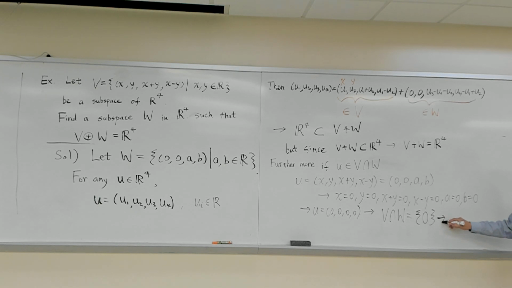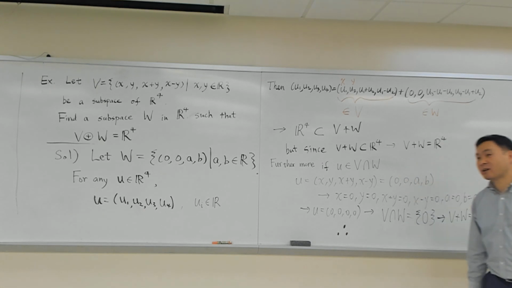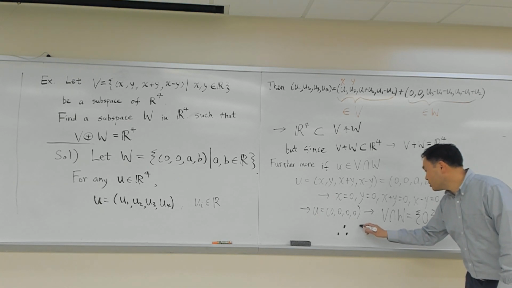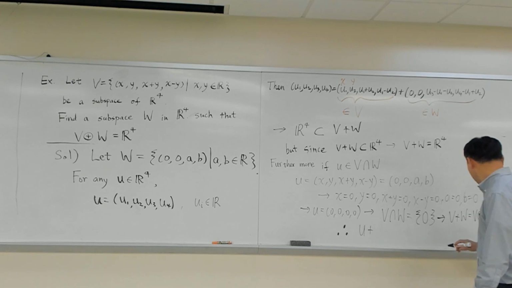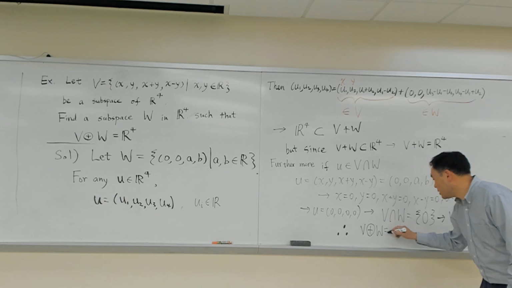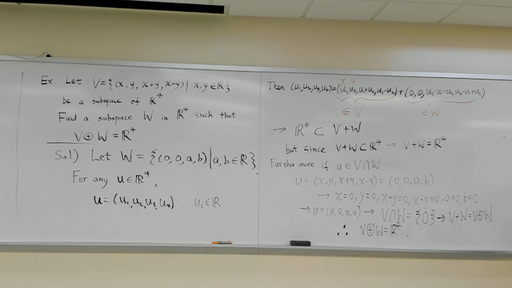That means V plus W is really a direct sum. Okay? And therefore, have you seen this triple triangular dots? That means therefore. Okay, so therefore, U plus V plus W is R4. Okay. So that's it. The answer is, let's